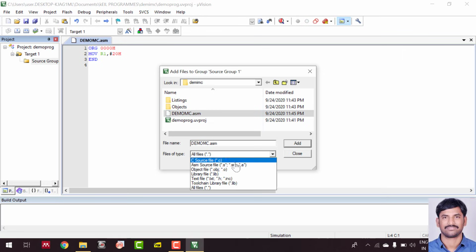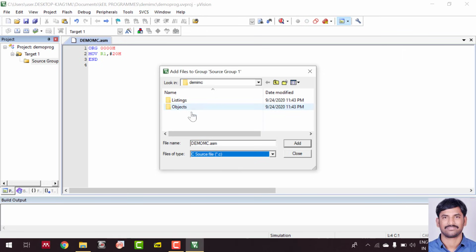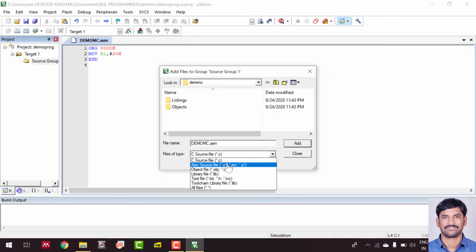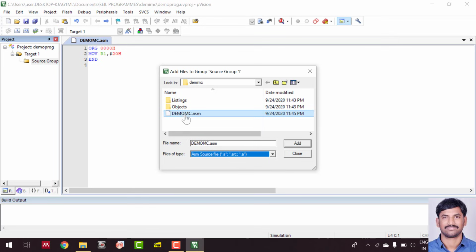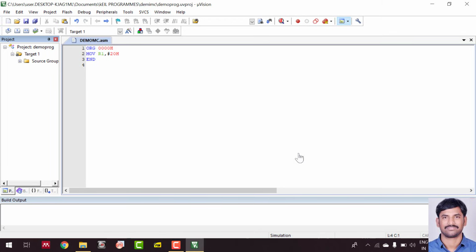Sometimes the file type will be set to C files, so in that case you don't see any C related file, since we wrote our program in assembly language. So you just change the file type to ASM. You can see the demo MC ASM file. Now add this. This window will not automatically close, you have to close it manually. Now you can see your code is added to this target device.